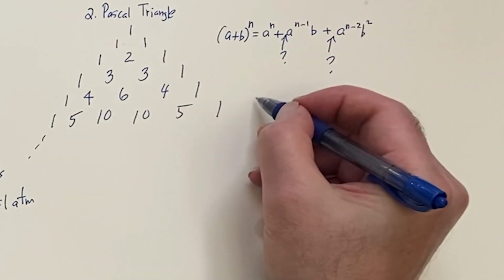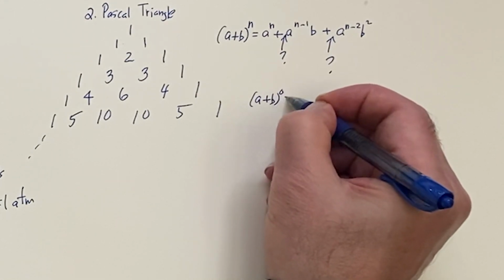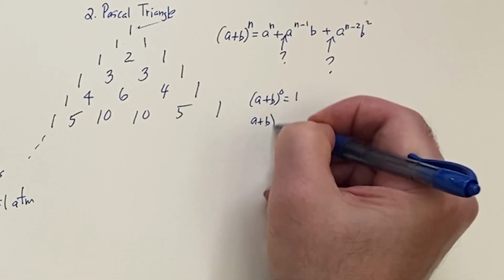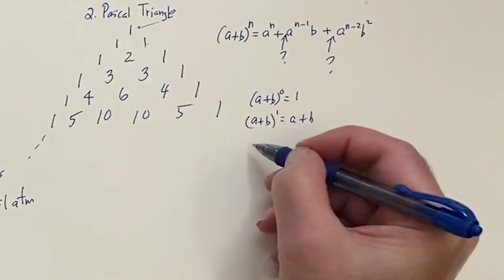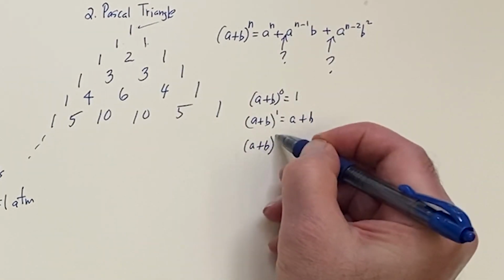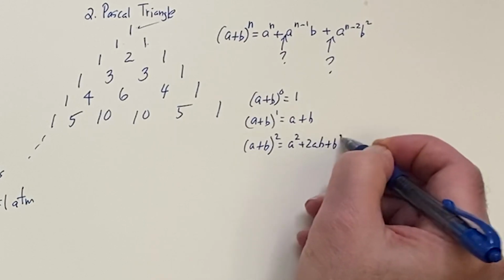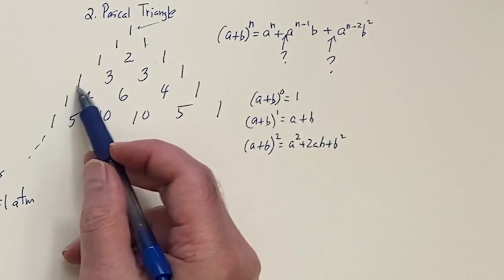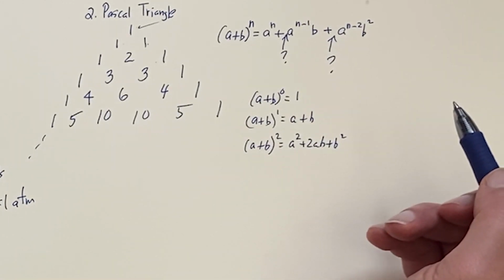So here, a plus b to the 0th power is 1, so that's that top one. And then if you have a plus b to the 1st power, you get a plus b. So the coefficients are 1, 1. Then if you have a plus b squared, you get a squared plus 2ab plus b squared. And that's this next one, 1, 2, 1. And you may recognize that's coming from the cube. So this is very, very nice to know. And you can have fun